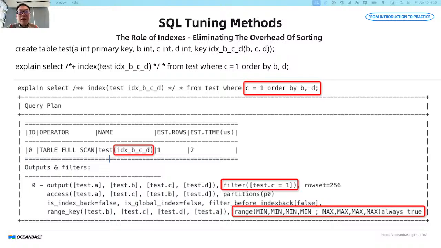In the following SQL, C is a constant and the index is ordered by B, C, D, and A. Therefore, if you want to sort by B and D, you can directly query the index table using the filter condition C equal to 1. When index back is set to false in the execution plan, it means that the filter condition is applied directly